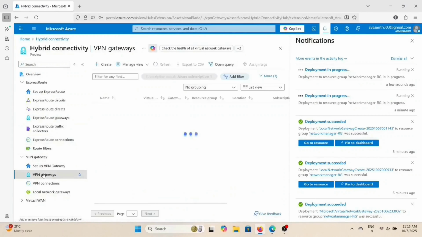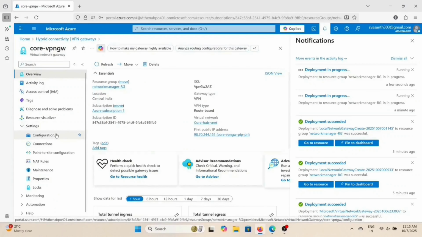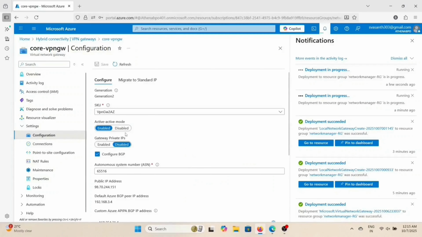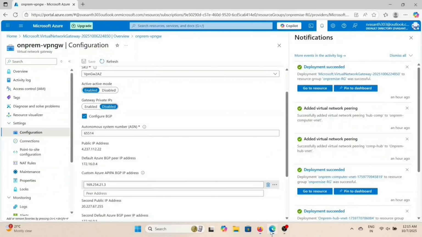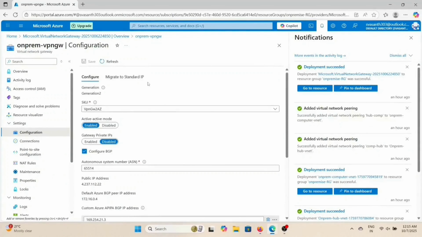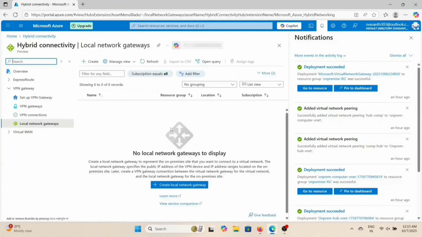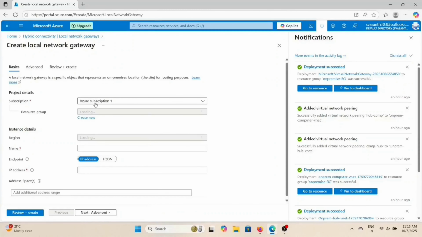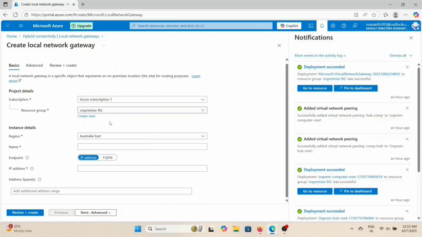We'll check the configuration once. This is the on-prem configuration. Now we have to provide tunnels for the on-prem side also. So I'm creating a local network gateway. The region is selected as Australia East, and the name